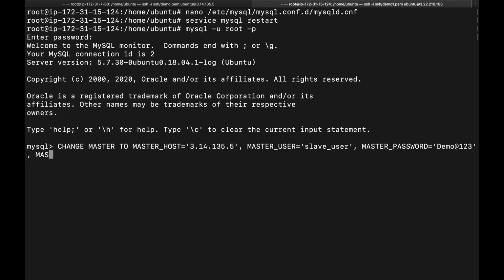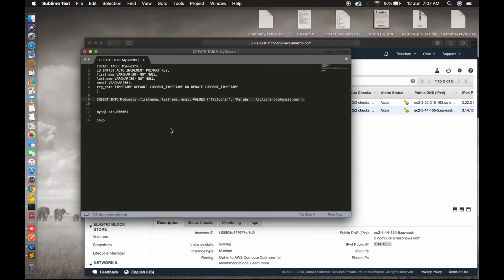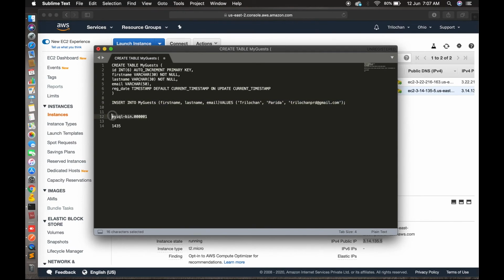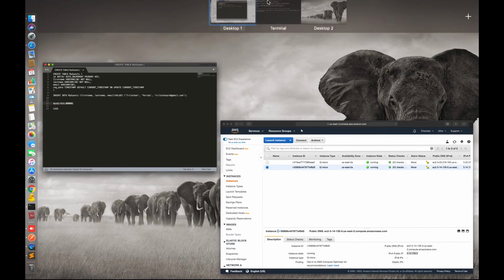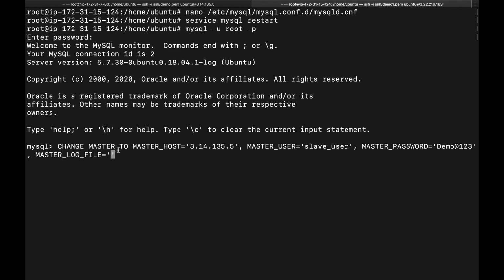This designates the current server as the slave of our master server, and it also provides the server the correct login credentials. It lets the slave server know where to start replicating from, and the master log file and the log position come from the numbers we wrote down previously. So with that you configure the master and slave server.